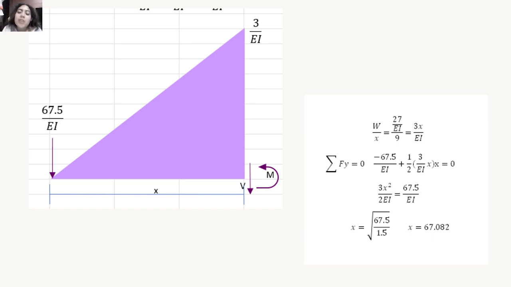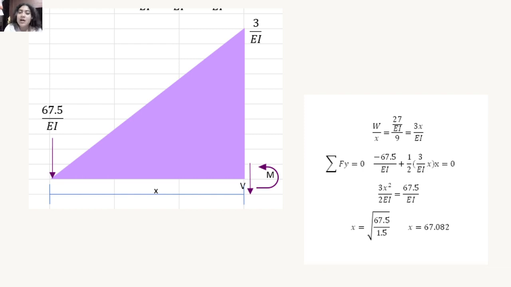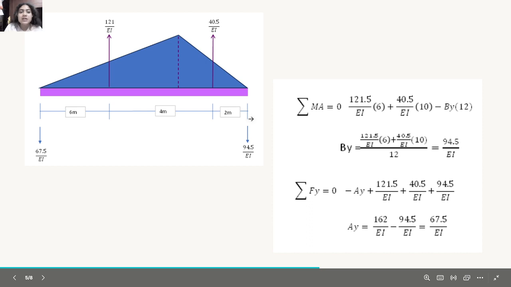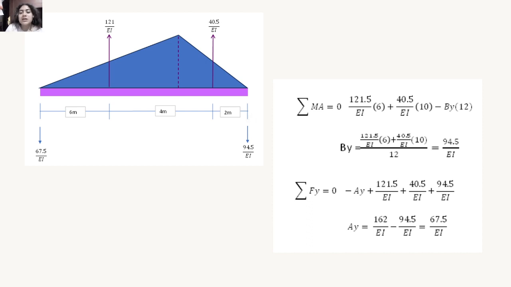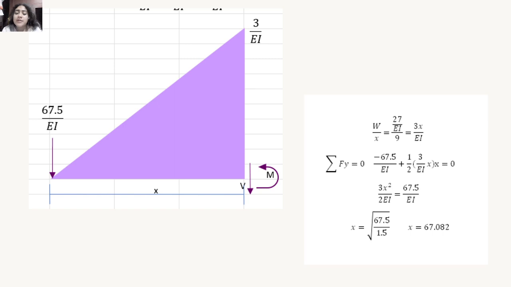67.5 plus this 1 divided by 12, because it's in the middle. It's the area of a triangle. This doesn't change, this step doesn't change. It's similar to what we use in this case. Divide in the middle, and then I search for my force. And in this case I don't have more, but I put